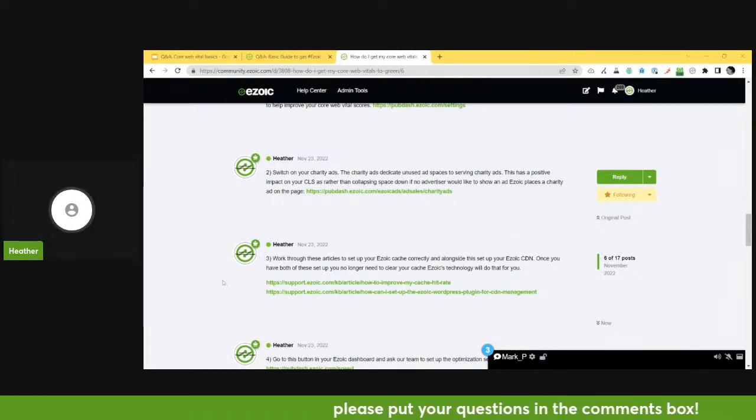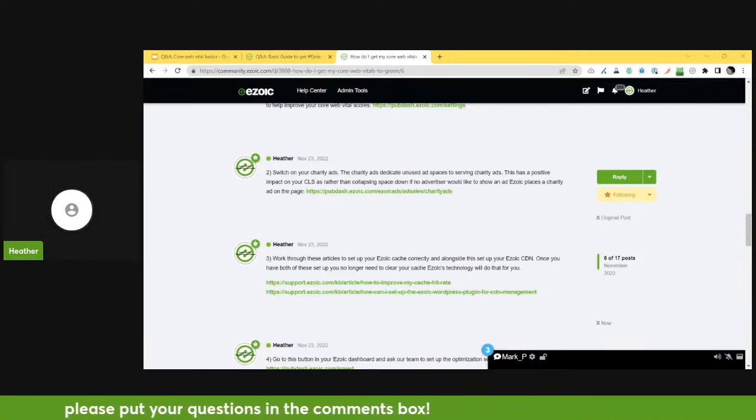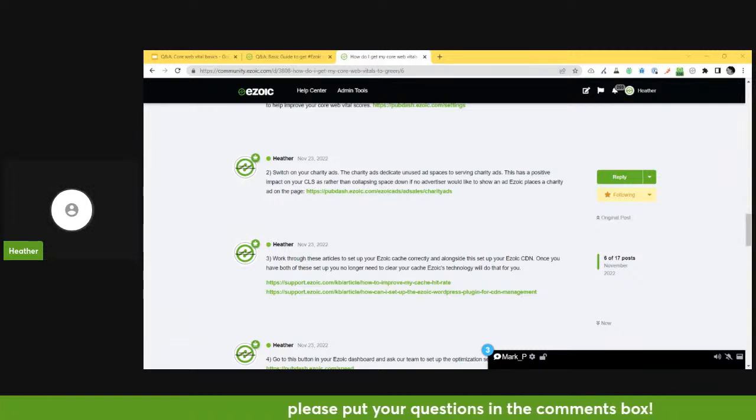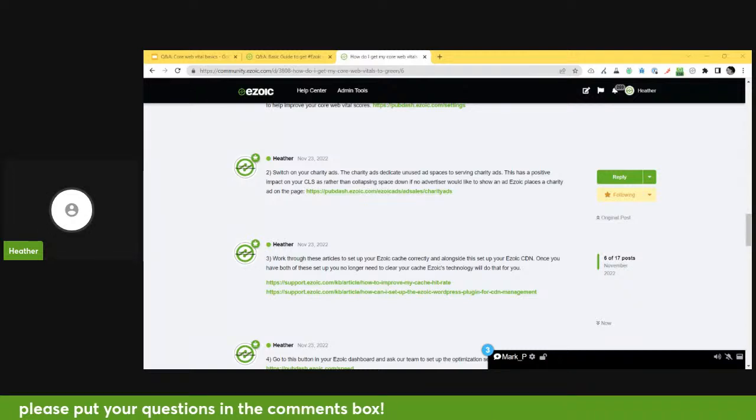So the next thing to do is to make sure your Ezoic cache is correctly set up. These 2 articles walk you through how to do that, both how to improve your cache hit rate and also how to set up the Ezoic WordPress plugin for CDN management. When you've got the WordPress plugin for CDN management set up, you no longer need to clear your Ezoic